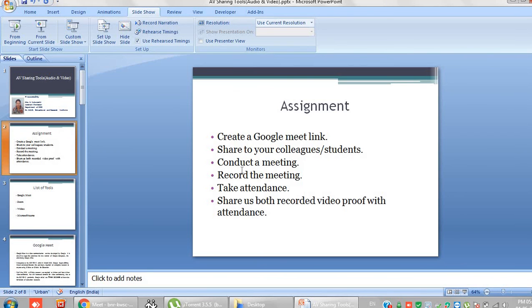You can share your feedback of this meeting also, or if you want to take some lesson, whatever it is, you just conduct a meeting, record the meeting, take the attendance by adding the Google Meet attendance extension to the Chrome, and share us both the recorded video proof and the attendance response sheet. So this will be your assignment.